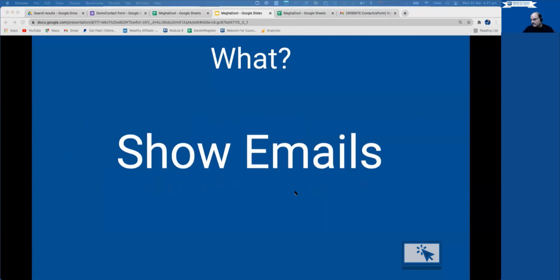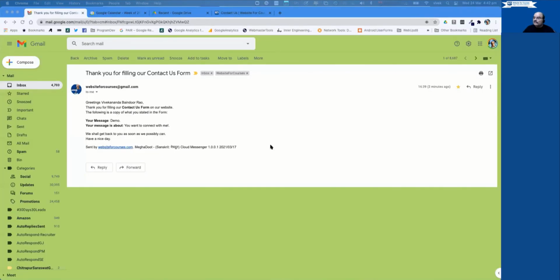And I just showed you one email. Okay, this is the email that goes out to the visitor. As you can see, it says greetings and the name that is filled in by the visitor. And this part here is the text that is filled in the visitor's part of the configuration.